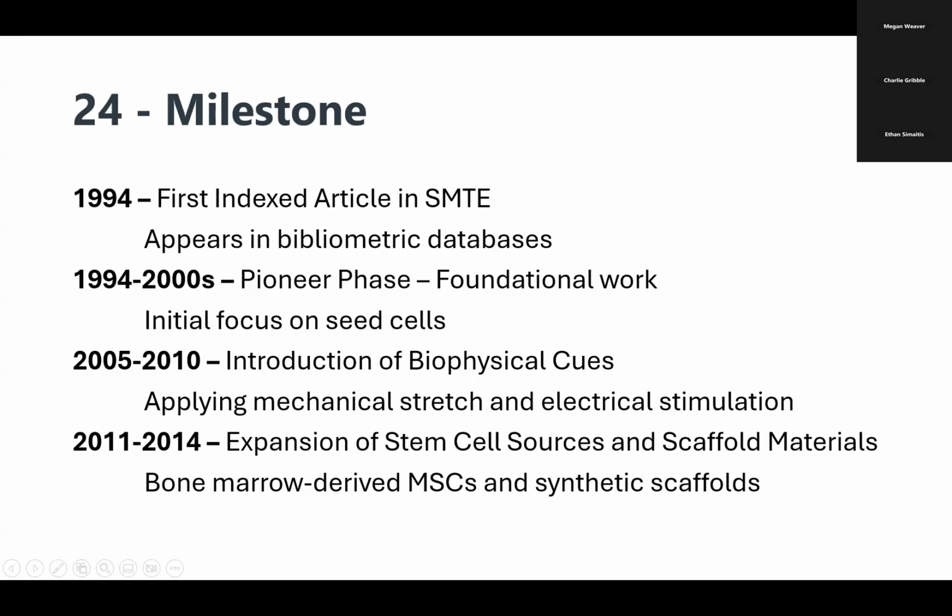During the 1990s and early 2000s, most studies focused on basic myogenic cells like satellite cells and myoblasts, and early scaffold designs using natural materials like collagen. And the goal was pretty simple here: create aligned myotubes that could survive in vitro. Moving on to 2005 to 2010,